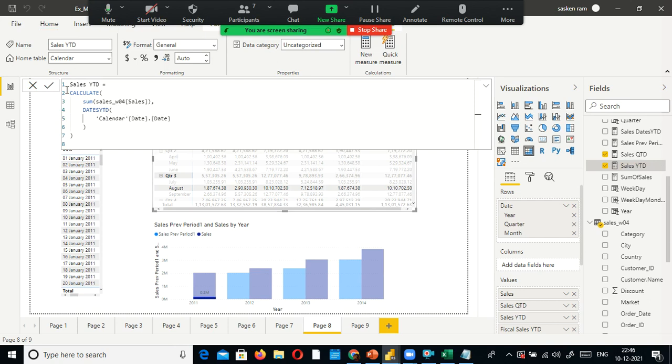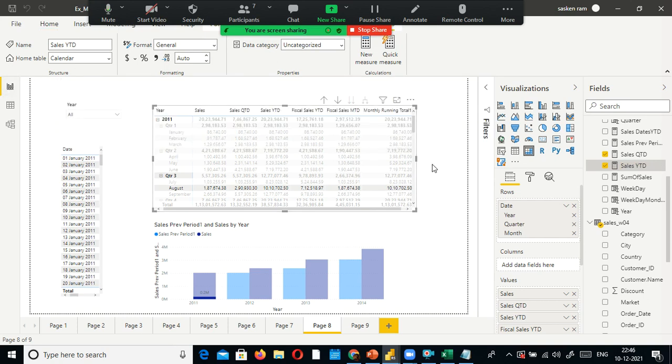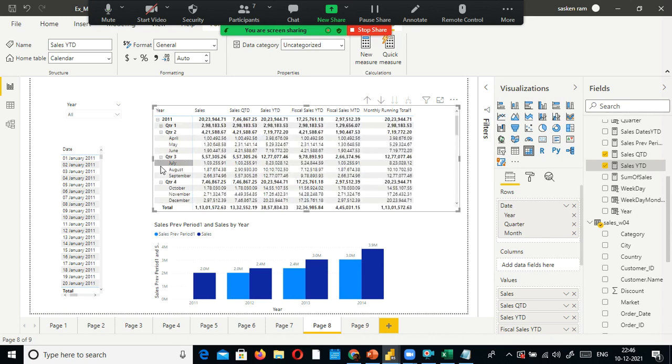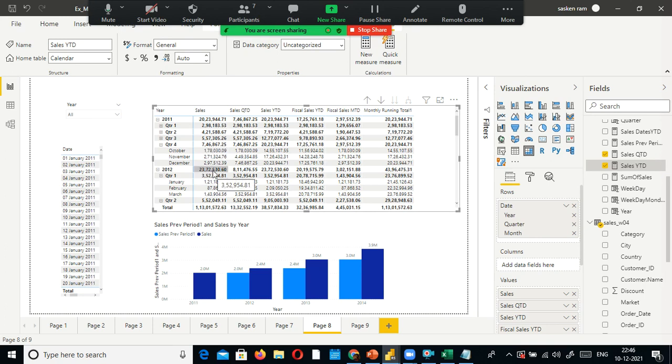But when I use this one, and if I select it here, okay, here we are seeing, right? This is quarter one, and if you look here, you have sales year to date, and sales, this is 2023, and for 2012, the sales is 2023, right?